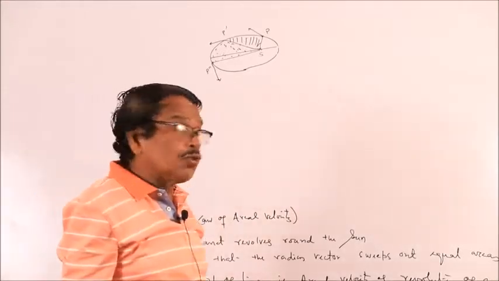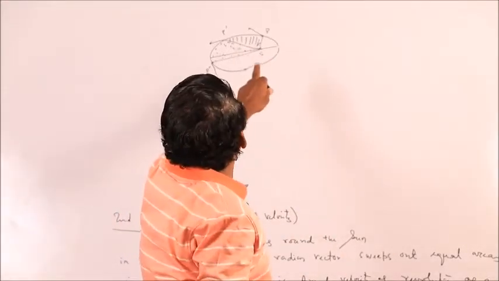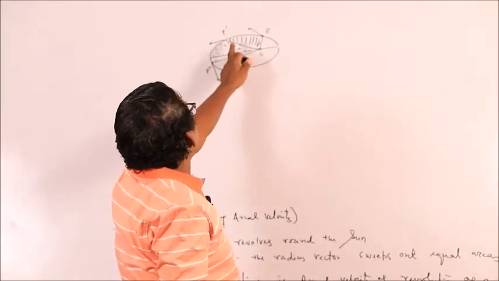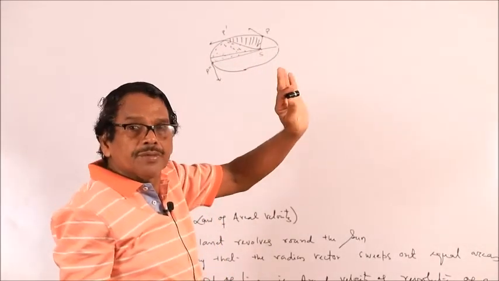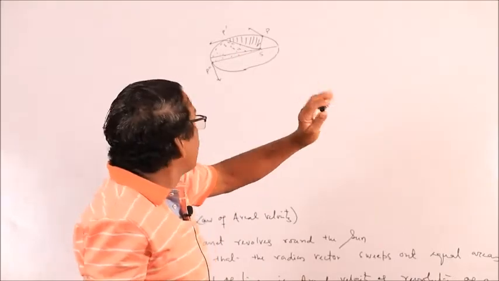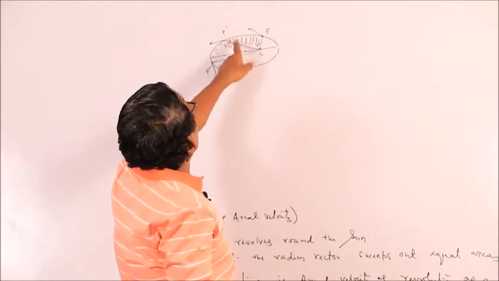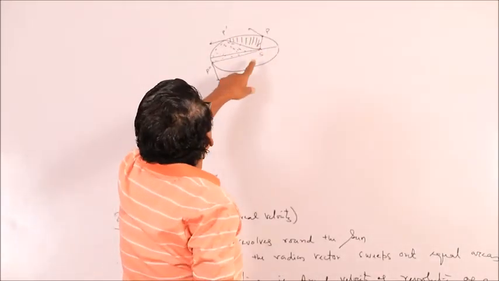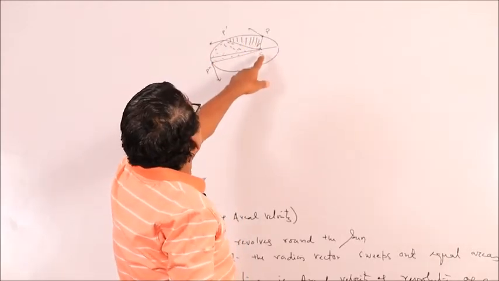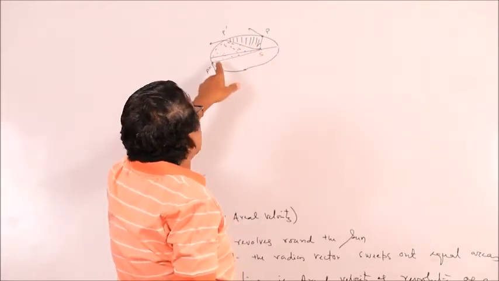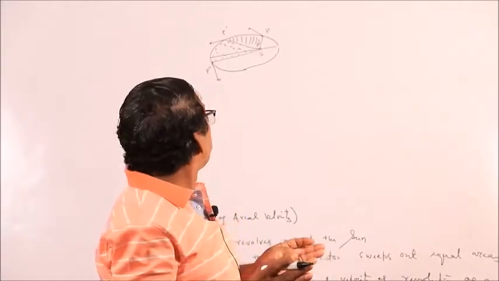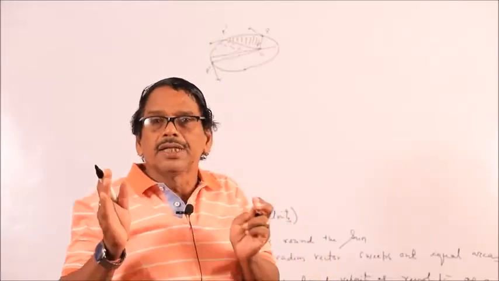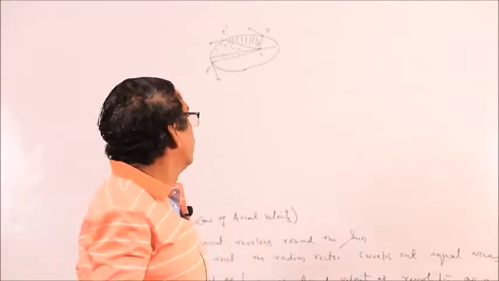So, the planet P moves from what? P to P dash. Suppose the planet P moves from P to P dash in time t, again from P dash to P double dash in the same time. So, area covered in time t is how much? Area SPP dash. Subsequently, area covered in time t is SP dash P double dash. According to the second law, the area SPP dash is equal to the area SP dash P double dash.